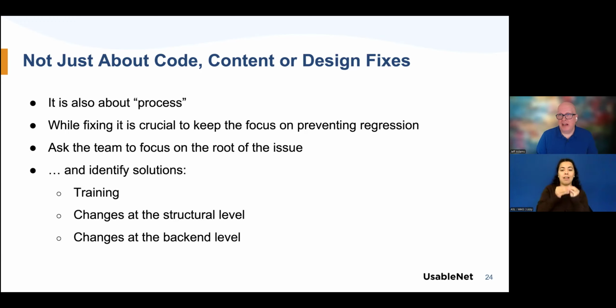And then it really all comes down to training, having a consistent training program in place, identifying programs that are good for the individual departments and teams to take, and some things that might be good for everybody to take to ensure that everybody's on the same page with accessibility. And then it comes into some of those changes that you'll make on the structural level. So for design system, for instance, where you're making those individual changes so every time the component is pulled, it's working well. And then other changes may happen at the back end level as well, to again make sure that everything is moving through the systems appropriately and to help you make sure that you're not reintroducing errors after you fix them.